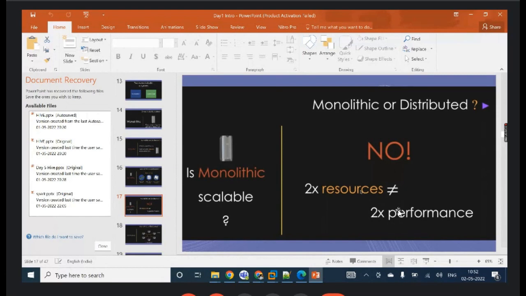Suppose if we are having basic RAM of 8 GB, if we are going for 16, the speed will increase. But after 16, if you want to go to 32, your speed won't increase and you won't see much of a difference. करेक्ट, क्लियर।